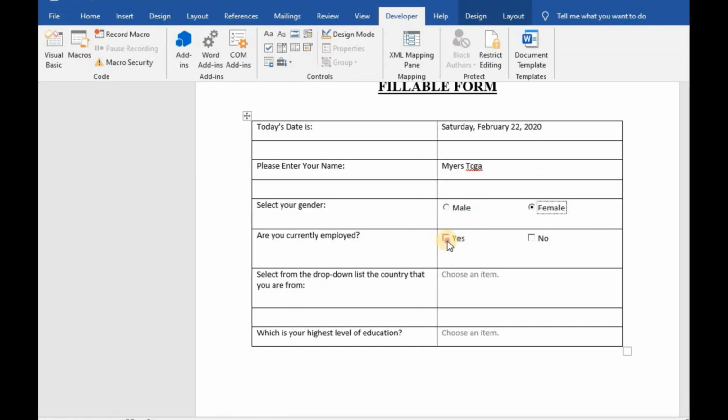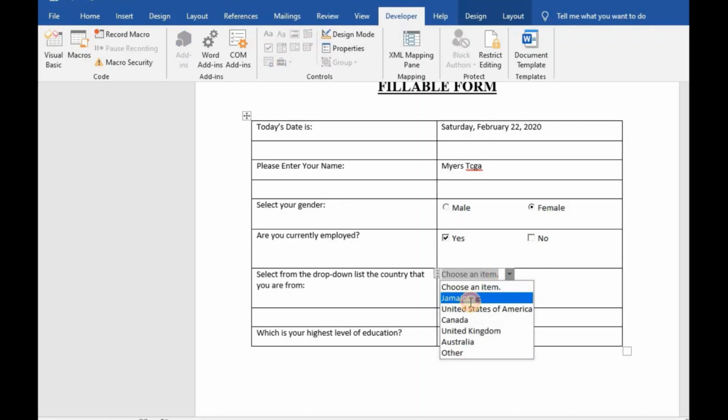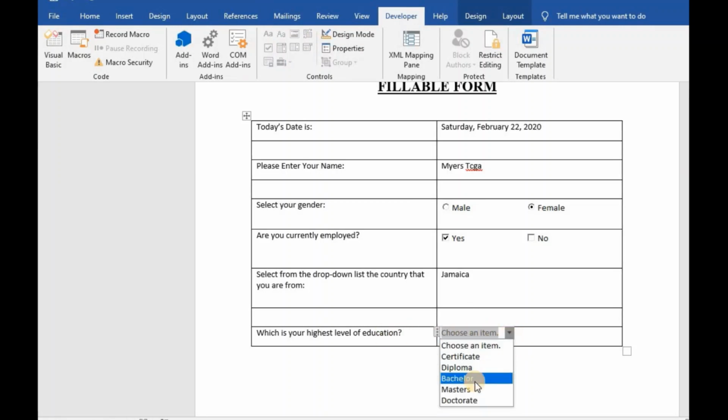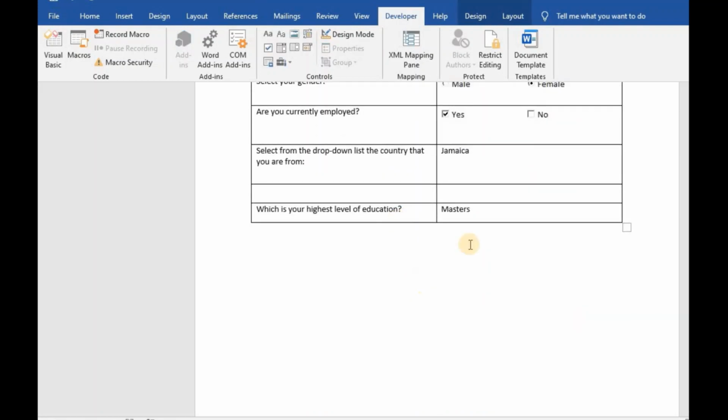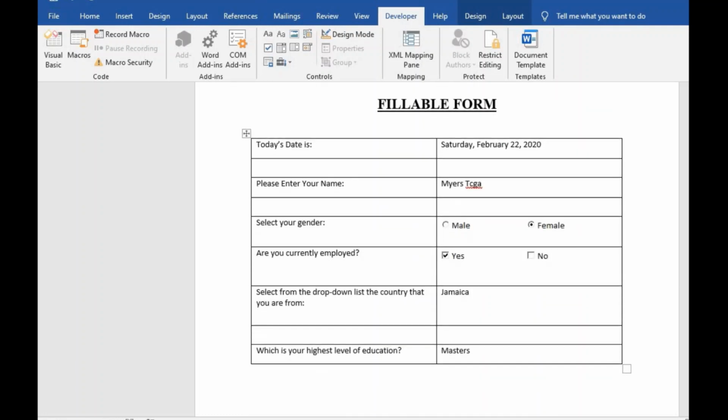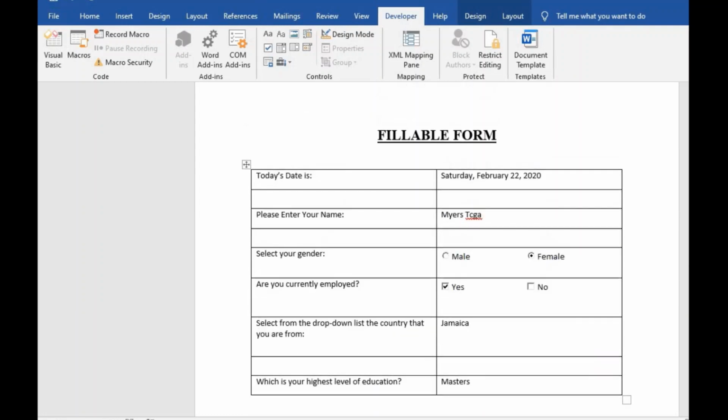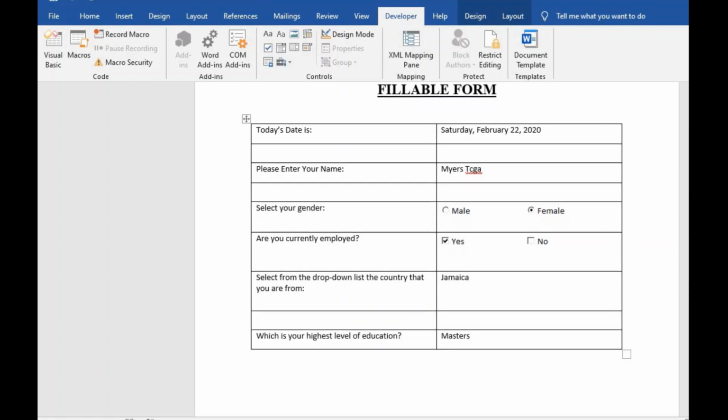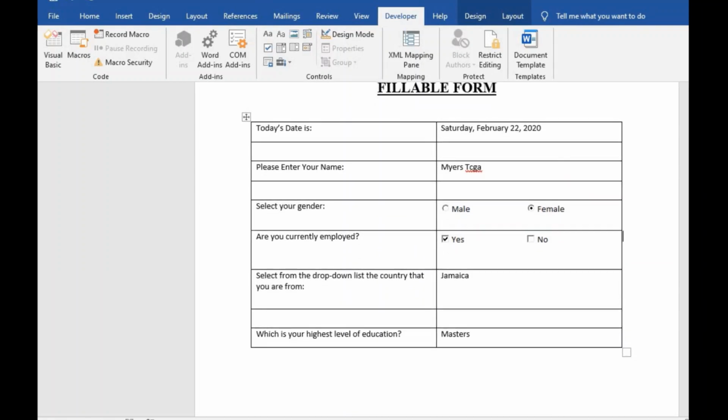Currently employed, I'll select yes, and then the drop-down menu for the country that you're from, so we select, mine is Jamaica, so that is selected. And the final, highest level of education, so I will select master's in this case. Okay, so that is basically how we prepare an example of a fillable form,